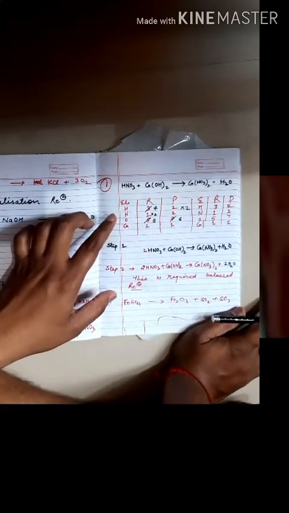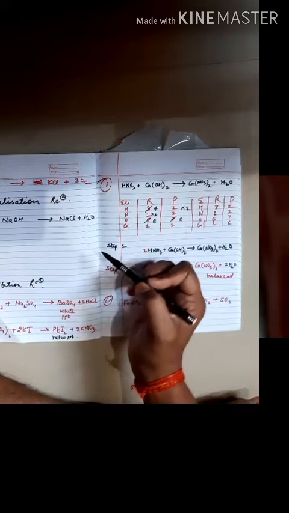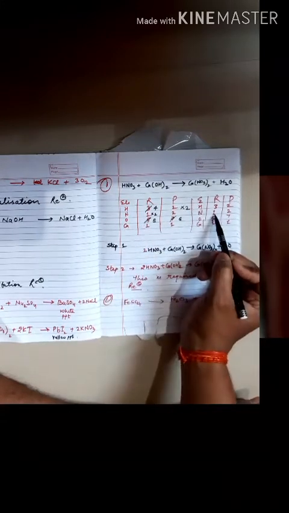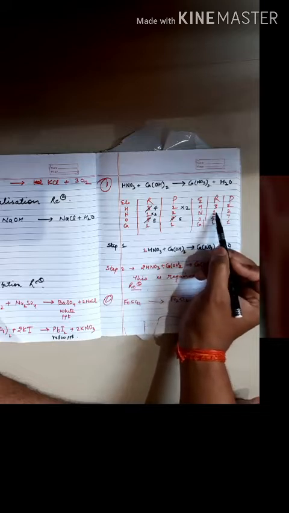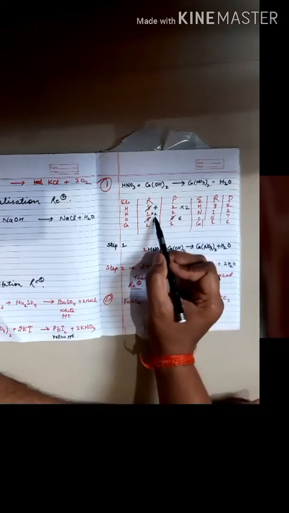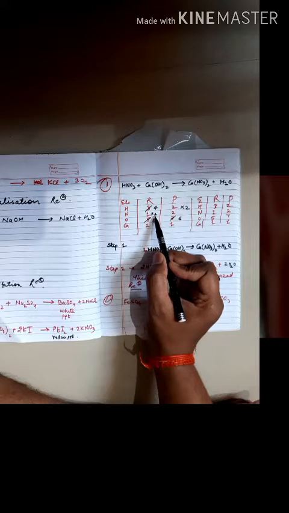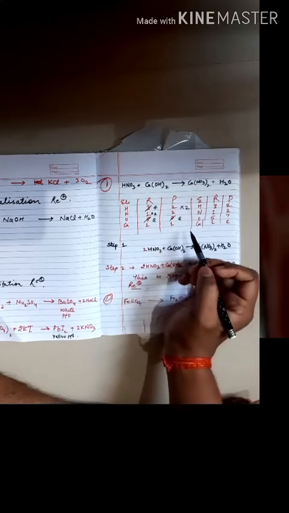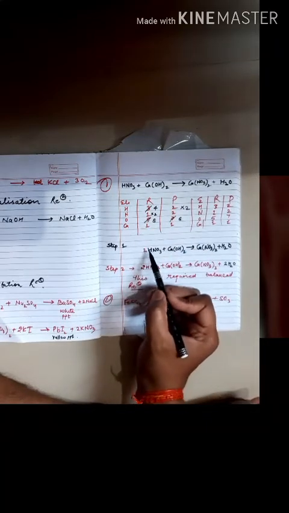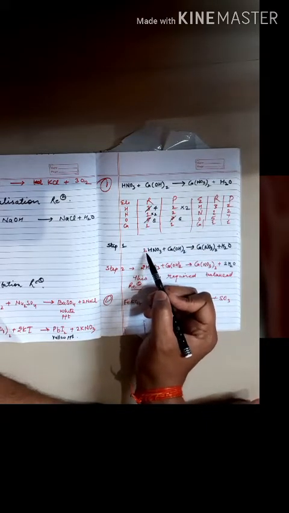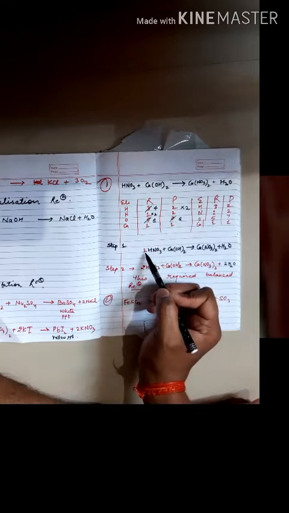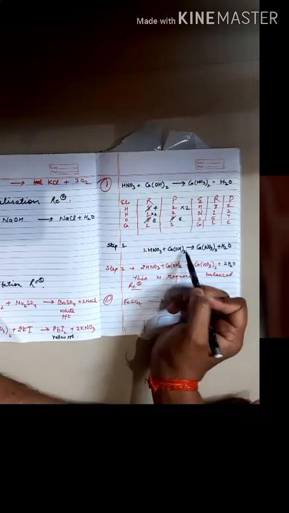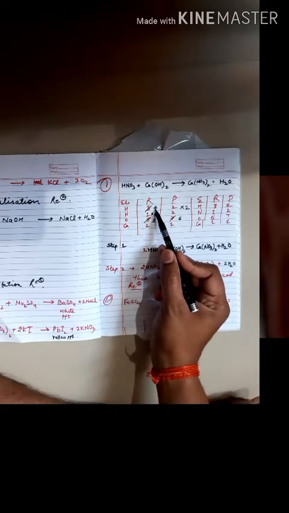Look, here hydrogen is 3 and here hydrogen is 2, so we will first balance the nitrogen. Nitrogen here is 1, and here nitrogen is 2. So students, I will multiply it by 2. If you multiply by 2 then you get 1 into 2, 2. So you put the 2 here. By multiplying by 2 you get 2 nitrogen, and this 2 hydrogen becomes 4 hydrogen. So I cut here and write 4.